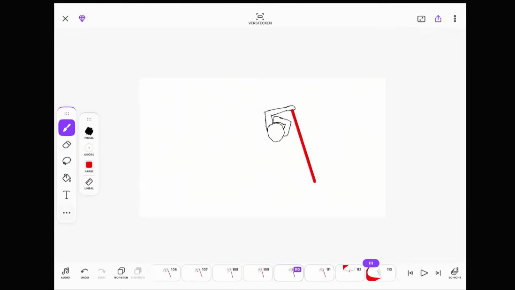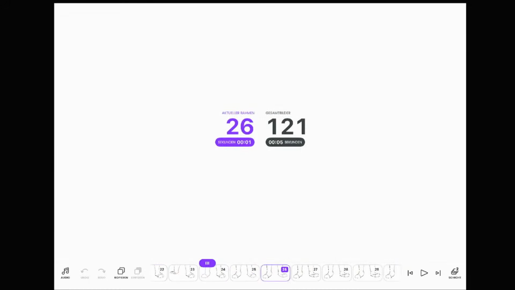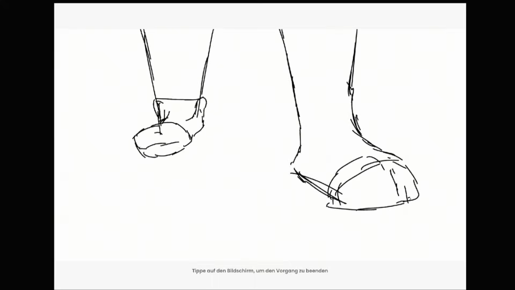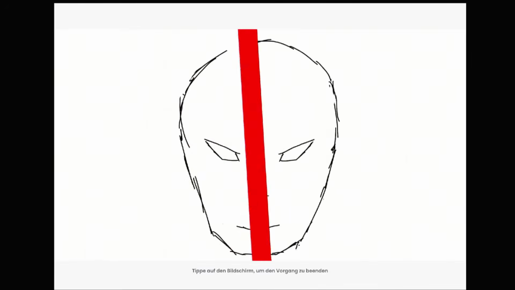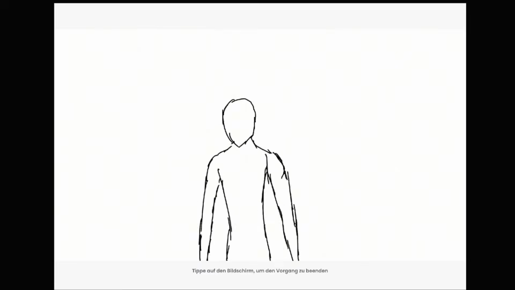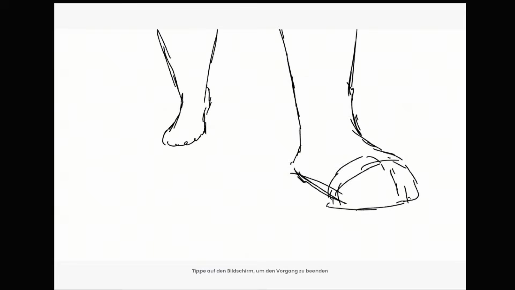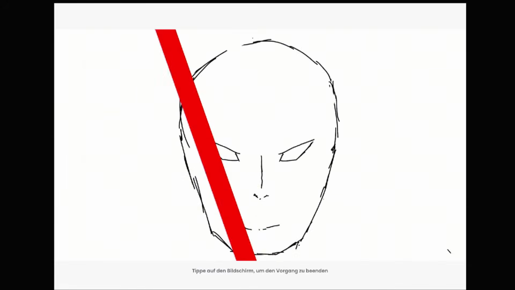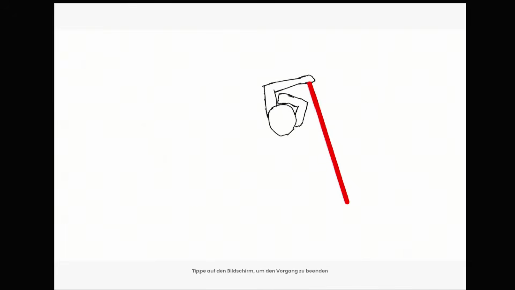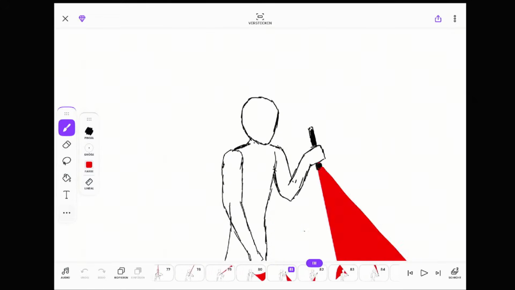Okay, from the start. So how many seconds do I have right now? I have 5 seconds and 120 frames. Okay, let's look at this. So the end is a little bit. I think I need some in-betweens for the end. But overall, the side flip works.